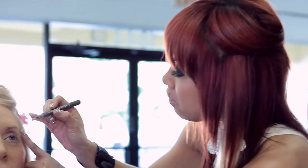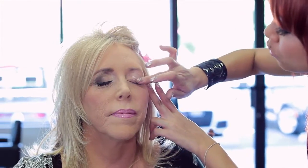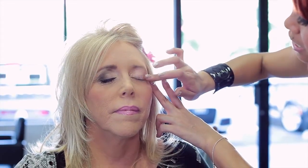Step 1 to a natural smoky eye. Primer. Super, super important. I'm using the Sephora one, so make sure to turn it. Let it come out a little bit. Close your eyes for me. Dab just a little bit on the eye. Then use your fingers. Smooth it through. If you're going to use your fingers like me, make sure you wash and sanitize your hands